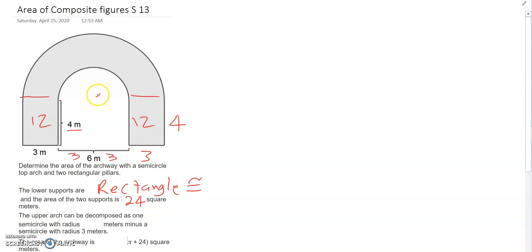So then this distance here is going to be 6. And this distance here for the little circle would be 3. Radius of 6 and the semicircle with a radius of 3 meters. So the area of the archway would be big circle